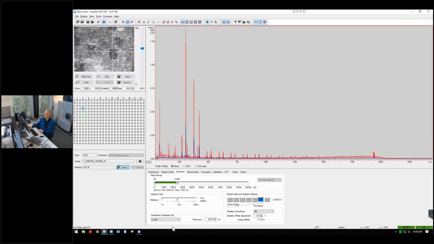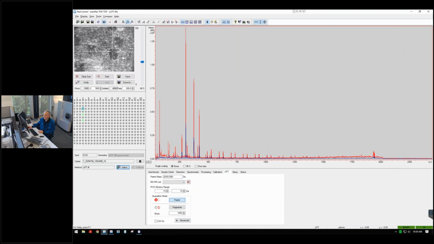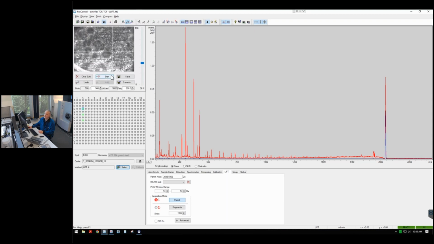And then once we're happy with that, now I'm going to switch back over, add my parent back in. And maybe one more just to get it up a little bit higher. And there, so now we have our parent and our fragments all roughly on the same intensity scale. That way one thing isn't super tall and the rest are down in the noise. And we could save as